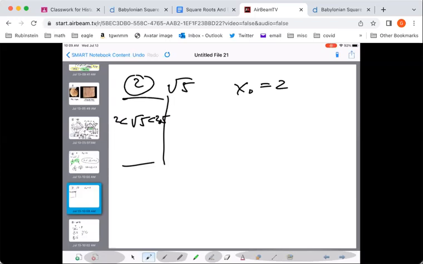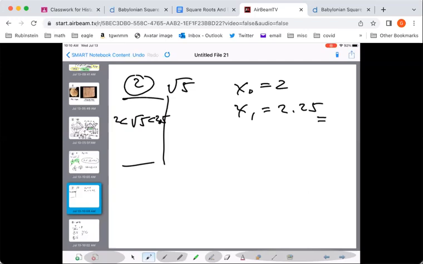Okay, well 5 is just a little bigger than 4, so maybe it's closer. And you might be right. It might be closer to 2 than it is to 2.5. But for our purposes right now, we're not going to think that deeply into it. We're just going to take the average. But I think people are thinking even deeper than that, like maybe it's not right in the middle. Maybe 5's a little closer to 4 than it is to 9. Then again, 2.5 is in the middle. It's not like 2.9. For our purposes, our next guess is going to be 2.25, although I'm going to ask